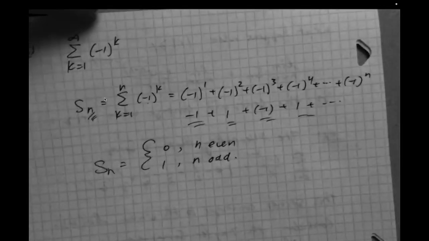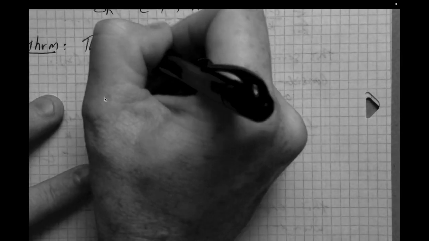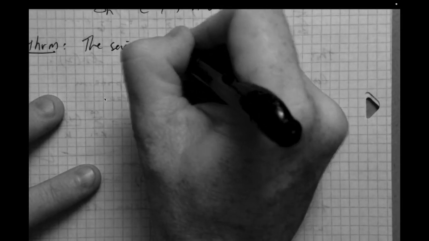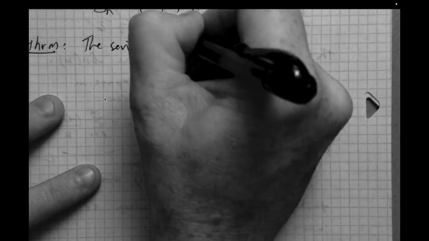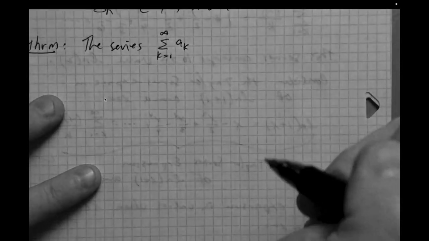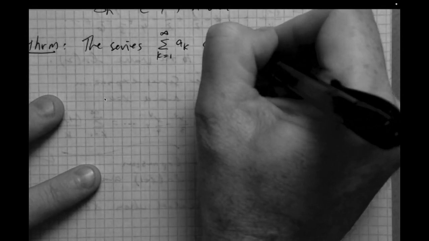This is a theorem that provides necessary and sufficient conditions for convergence of a series. Okay, so this theorem states that the series sum from k equals 1 to infinity of a sub k converges if and only if,